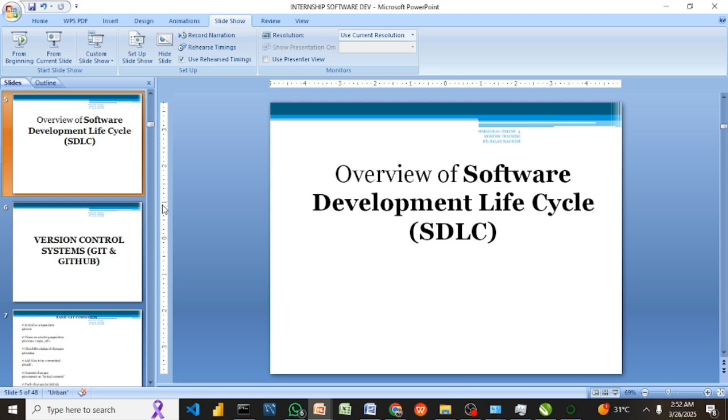Requirements analysis, planning, designing, developing, testing, deployment, and maintenance. These 7 steps are very essential that you need to know. So let's move on to the next